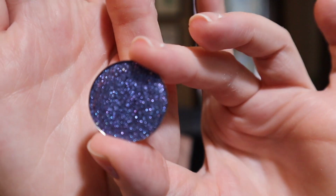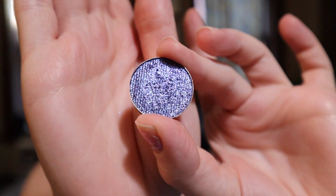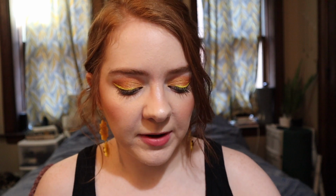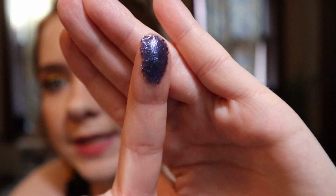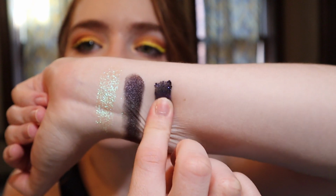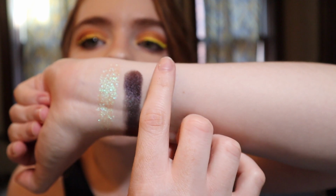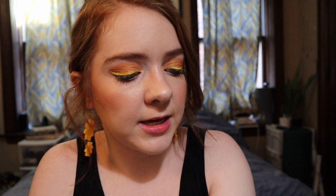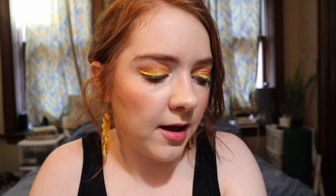So first up, we have the shade Seance. As you can tell, this is pretty sparkly. It's got a little bit of grit when I put my finger into the pan. Here it is on my finger. So it looks a little flaky, but this is the one that I've swatched so far. Once you apply it and you smooth it out with your finger, it's not really flaky at all anymore. It smooths